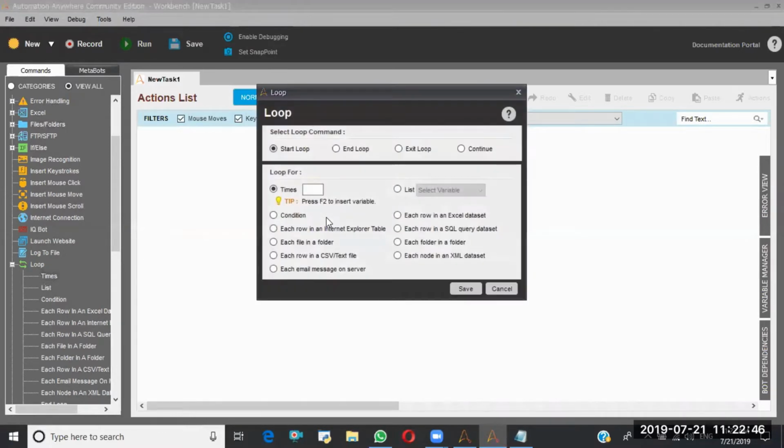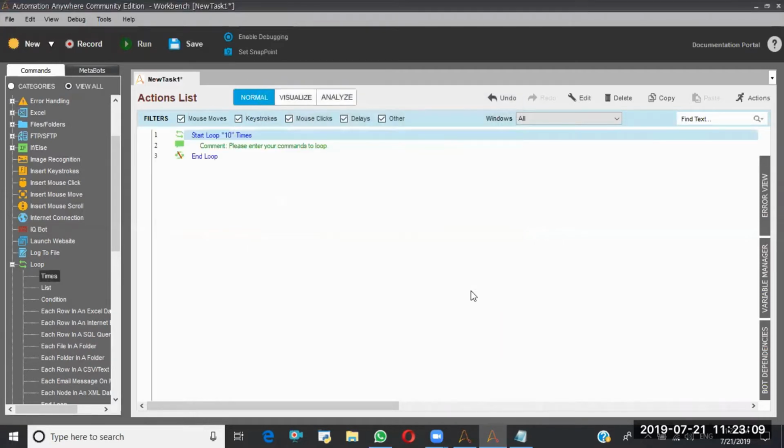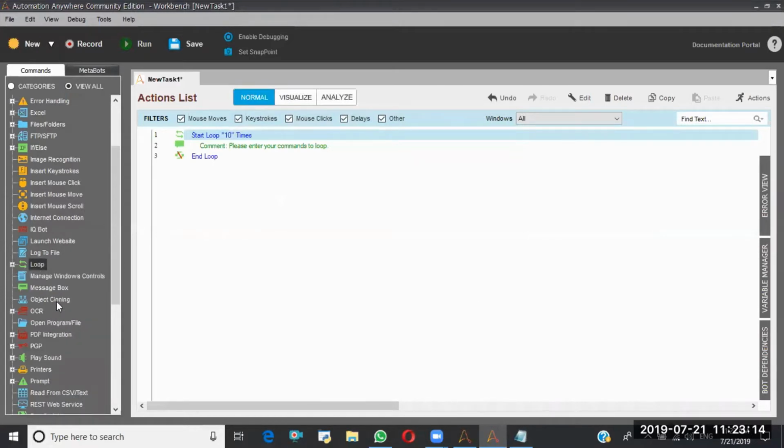Times loop means how many times you want to run the set of code repeatedly; in that scenario, it will help you. Here I want my set of code to run 10 times. Here one system variable called counter will hold the loop iteration.